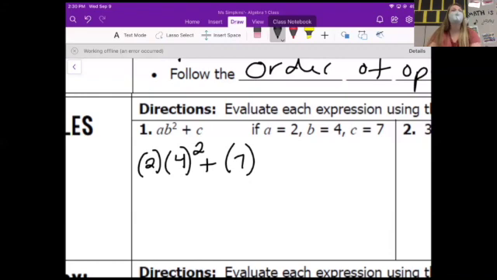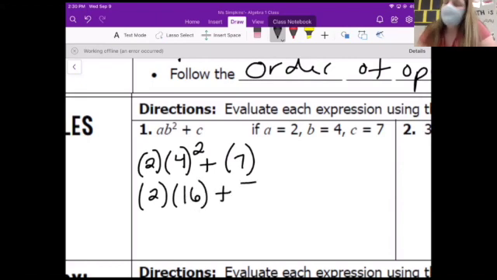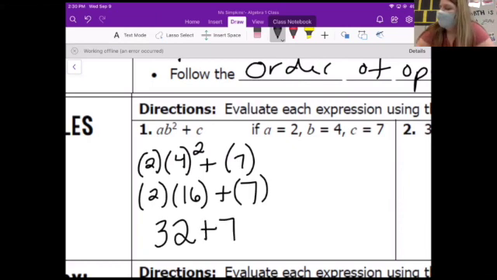So what would be the first step in our order of operations if we are following them? Yes. That makes sense. Yes, parentheses technically comes first, but there's nothing to do inside those parentheses. What is being squared? Bryn? 4. So what is 4 squared? 16. Yeah, squared just means 4 times itself. So then we want to jump down to our multiplication division. I do see multiplication. 2 times 16. That's a tough one. What is it? 32. And then 32 plus 7 would be